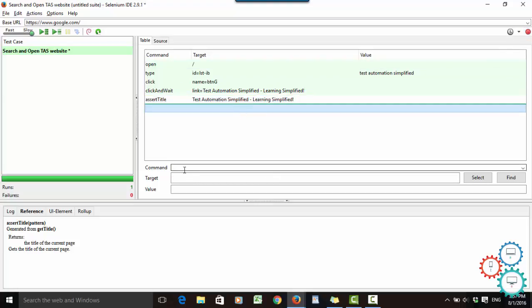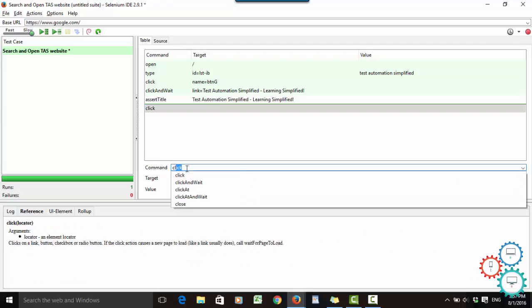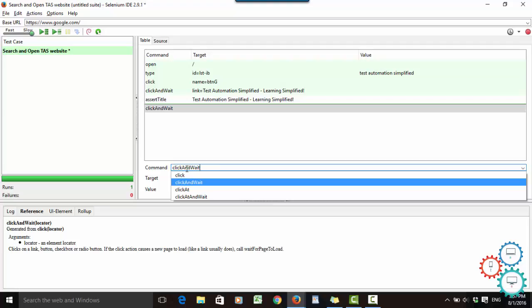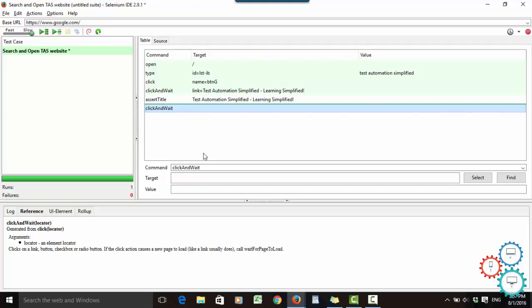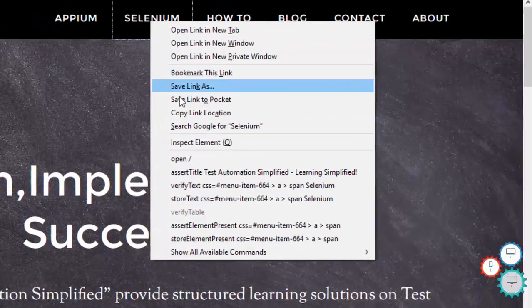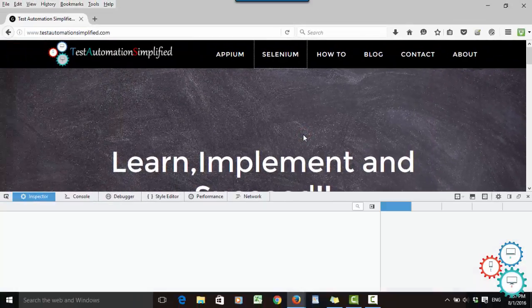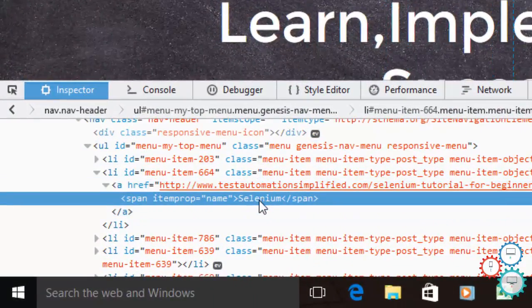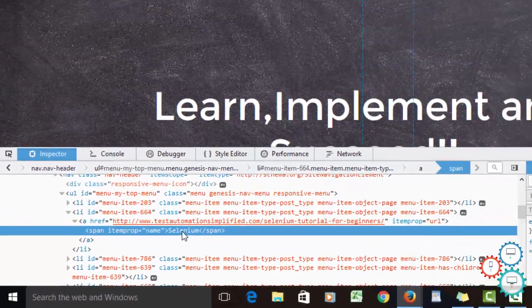Now we can perform more operations on the web page, so we can go ahead and type in new commands. In the command field, type in click and wait. And we need to give the locator for the element which we are clicking. So we will go back to the web page and identify the locator for the link Selenium. Right click, click on inspect element. And then we see the link name is Selenium. We need to copy it as it is